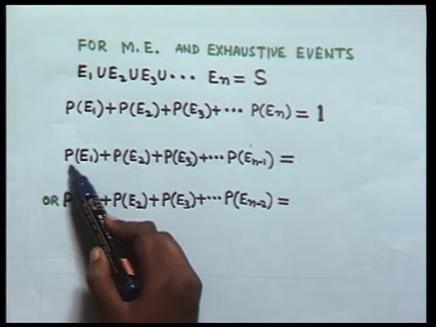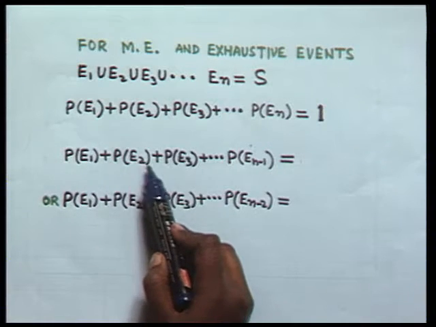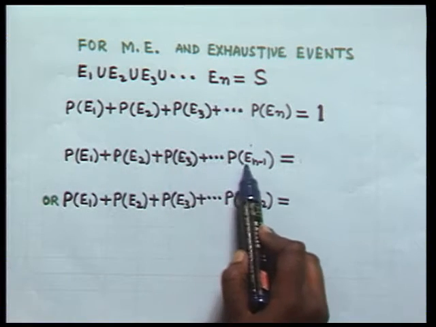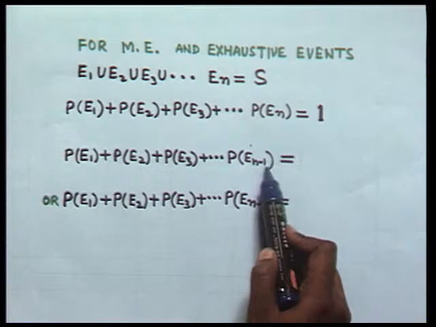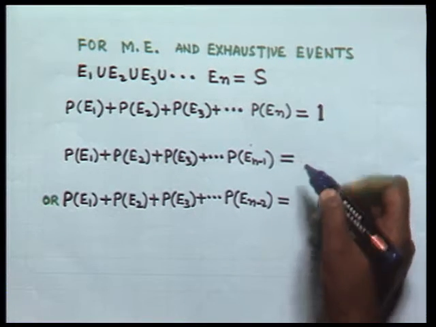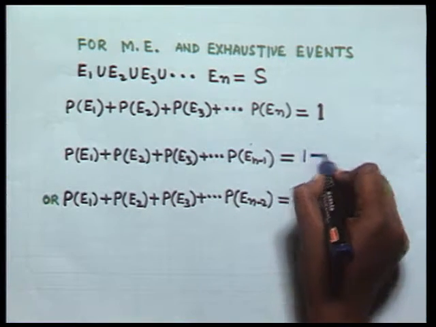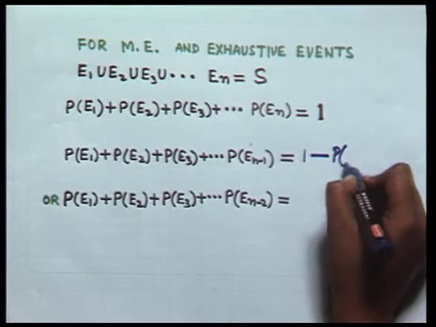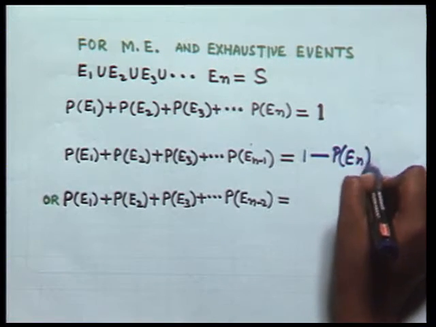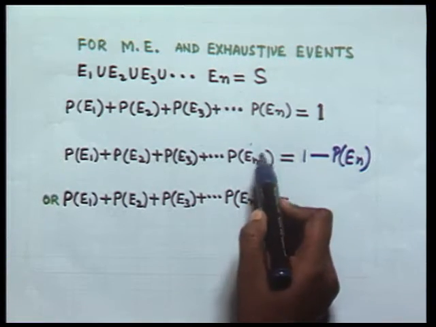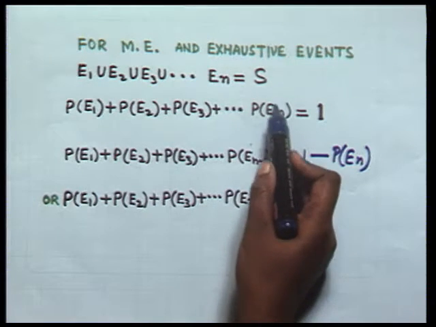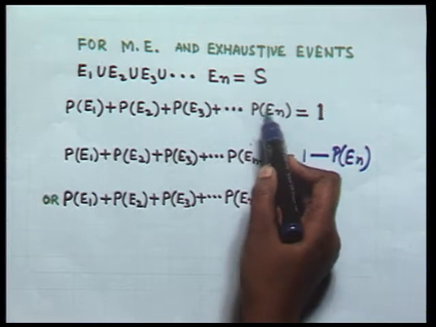This implies probability of E1 plus probability of E2 plus probability of E3 plus ... plus probability of E(n-1) will be equal to 1 minus probability of En,